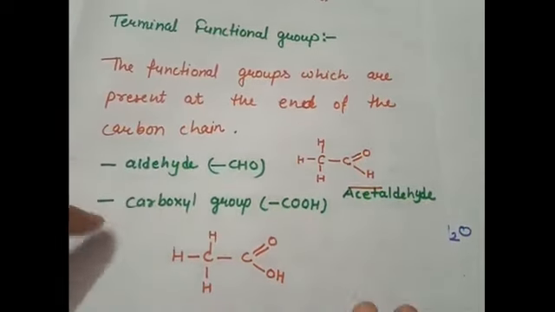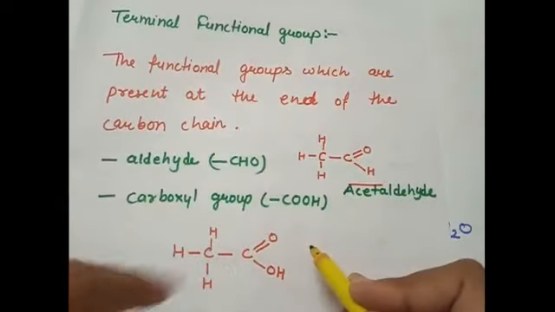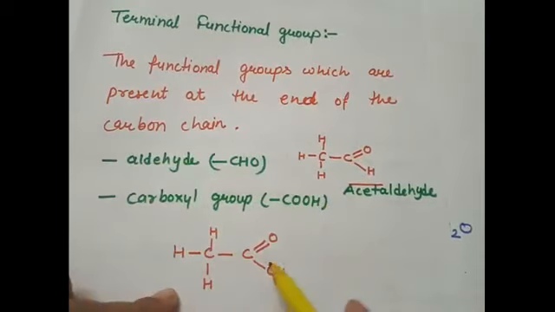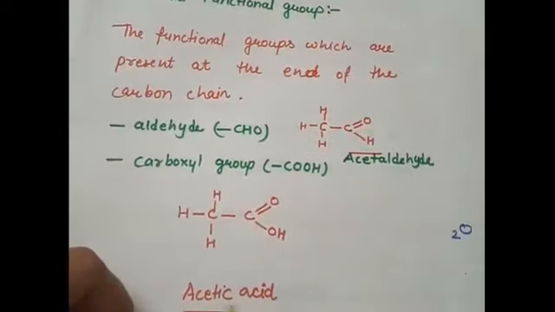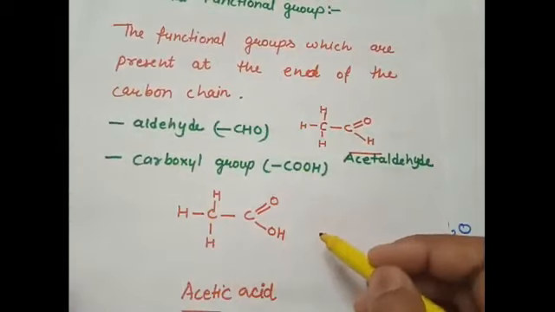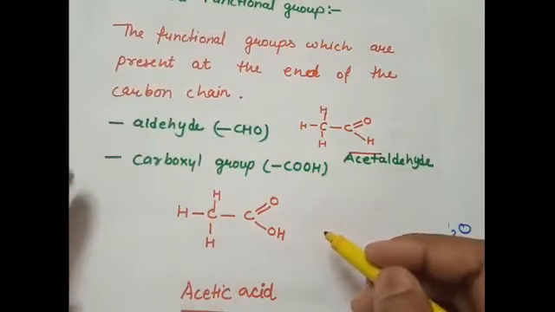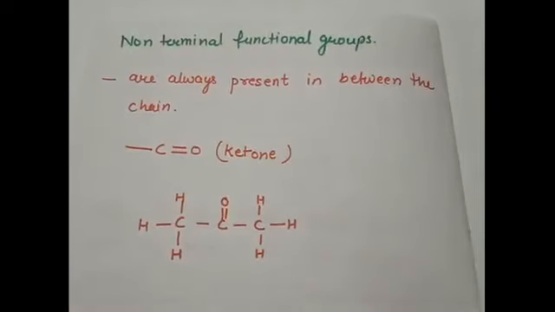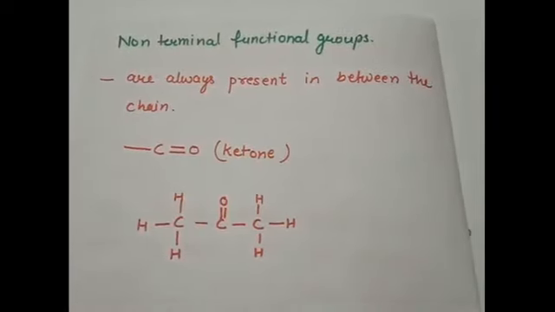Okay. Then we have carboxylic group, that is COOH. So if CH3 is getting attached with COOH, then it is called acetic acid. This is the structural representation of acetic acid, that is CH3COOH. Now we have the second type, which is non-terminal functional groups, which are always present in between the chains, like